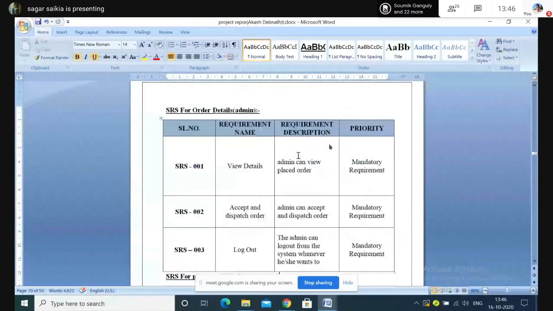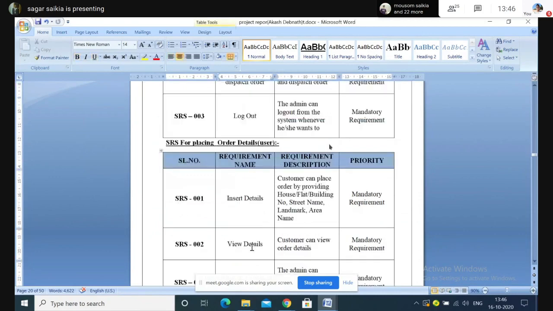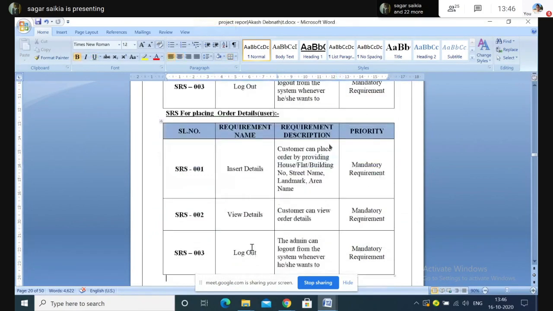SRS for order details from the admin side, what he can do, he can view the details of the orders which have been placed. He can accept the order, and he can accept and dispatch the items, that can be another SRS, and he can log out. Okay. This is for the user part, this was the admin.